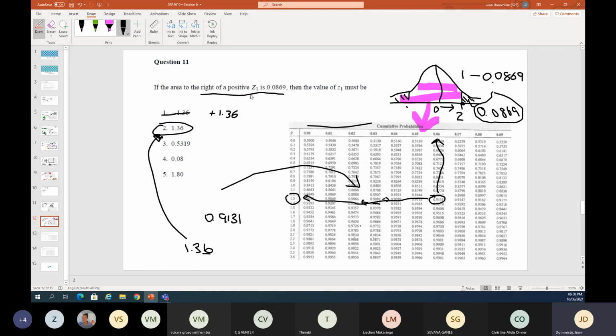Okay, so you could have used the negative table, but then you needed to remember that you're not looking for the negative Z value, you're still looking for the positive value, which you then turn into a positive because of the symmetrical way that the normal distribution is created. Okay. Is that making a bit more sense than when we started at 6 o'clock?